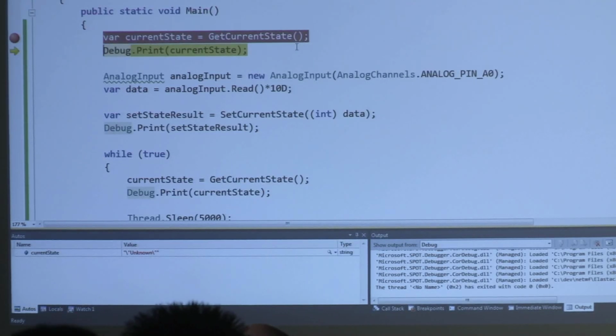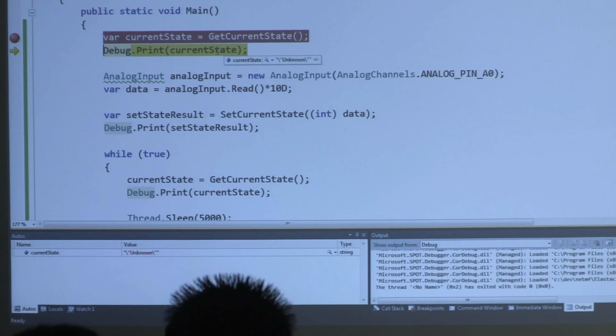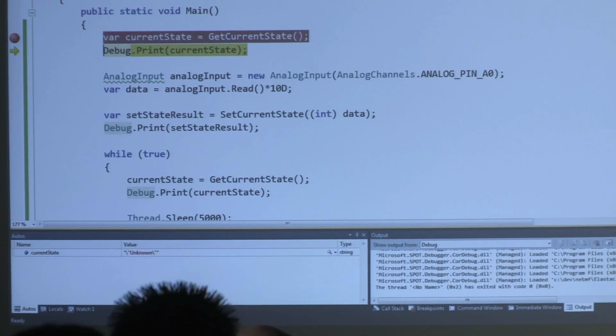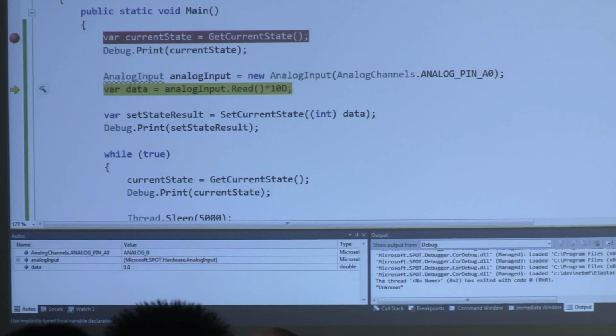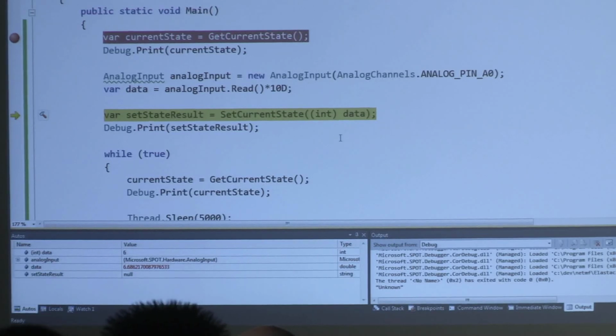Okay, cool. So we have the current state, which hopefully will be like unknown, because we haven't made a request yet. And what we're going to do is read that value, and that value is, what's that? 6 point something. So we're casting it to an int to drop off precision. Not a very nice way of doing it, but it works. And then it's going to literally jump through there.